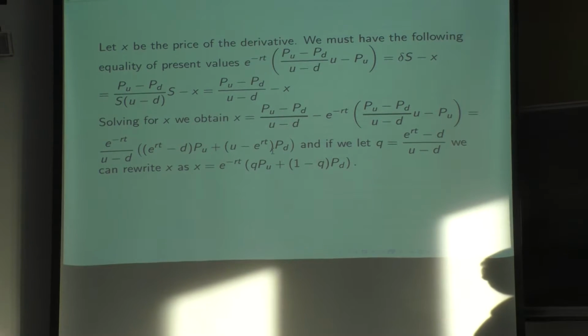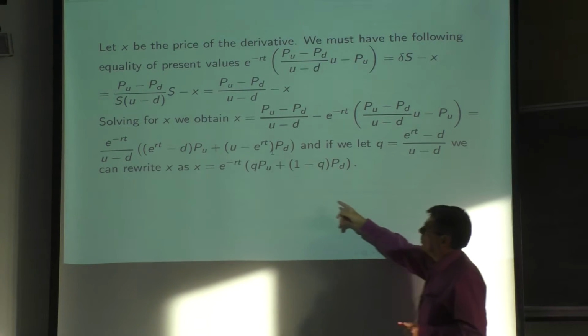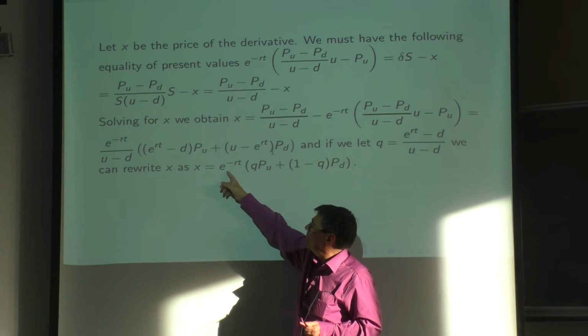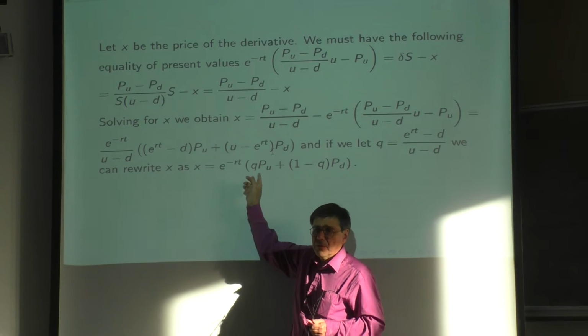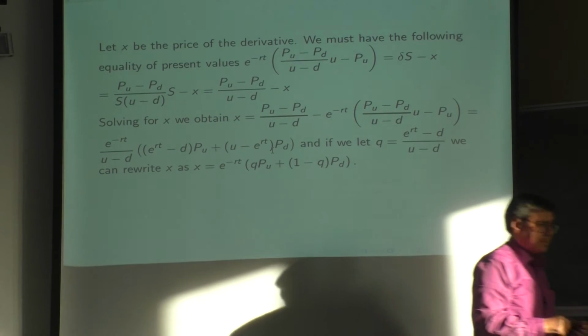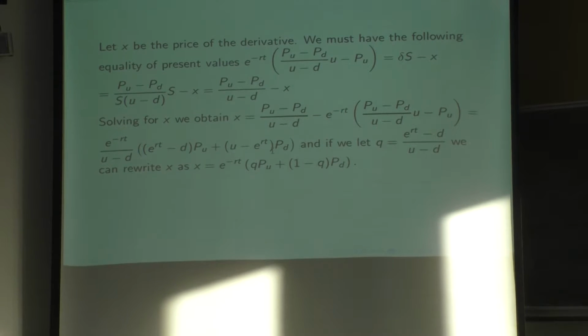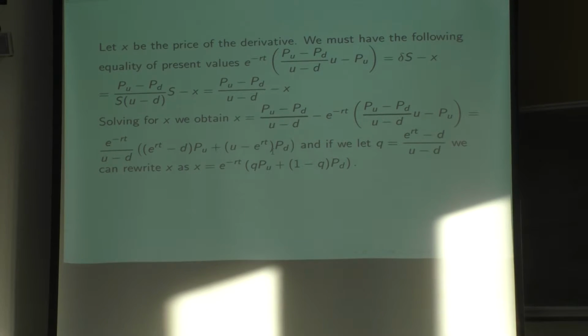And now let's continue a bit more. So what is this whole expression? This would be the present value of the expected payoff of the derivative. But this is all nonsense because with q, we don't know if it's a probability, and if it is a probability, probability of what? But let me convince you now it makes sense to think of q as a probability, and probability of something interesting. So let's get there in 2 steps.